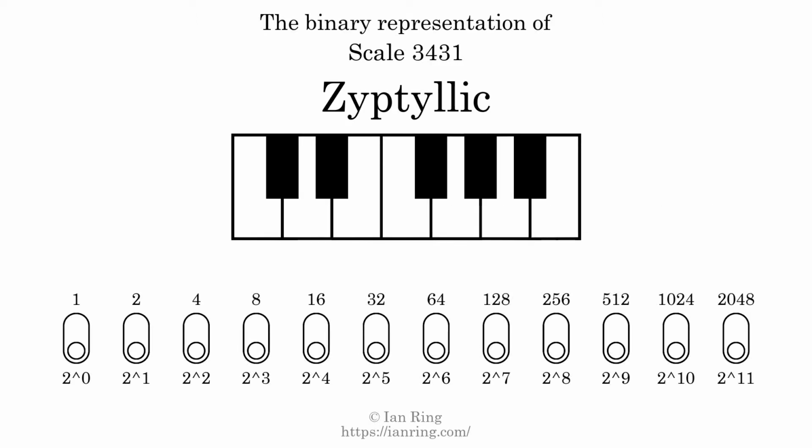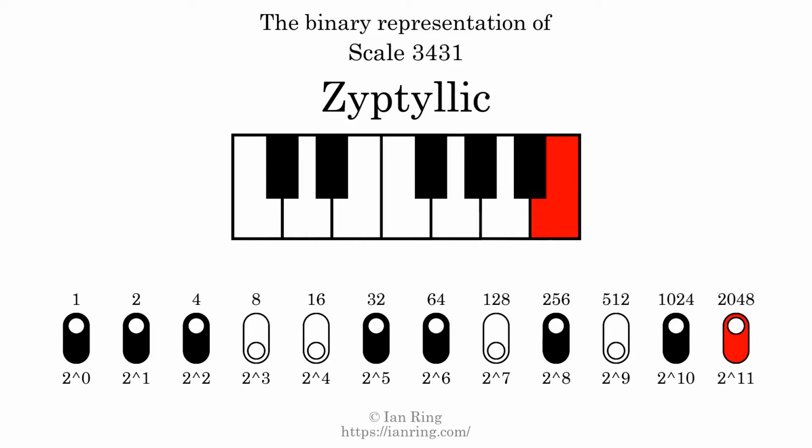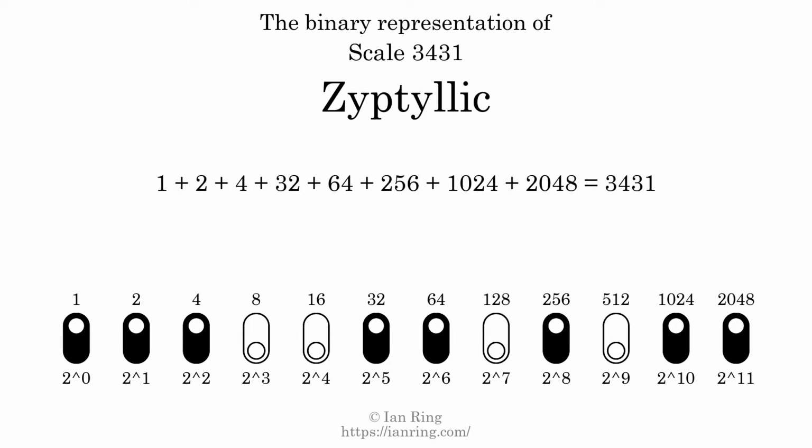The binary representation of this scale is determined by mapping tones of the scale to binary digits. Each binary digit represents a power of 2. To get the scale number, we add the powers of 2 together. The powers of 2 that are present in the scale, all added together, equals 3431. That is why the scale number, in decimal, is